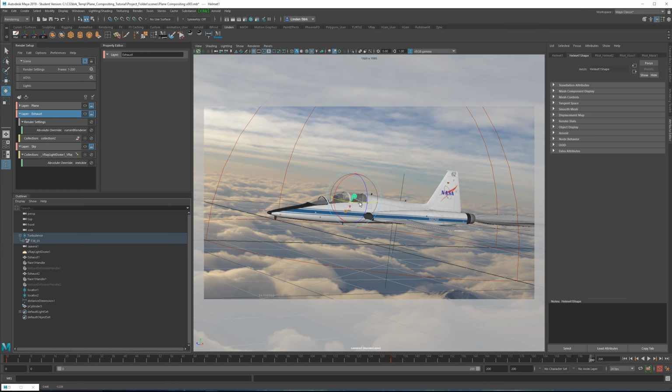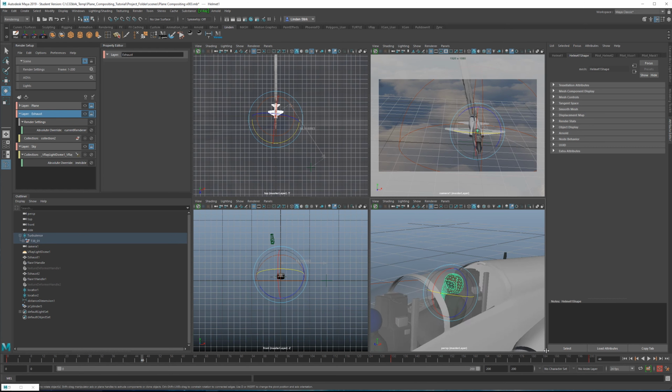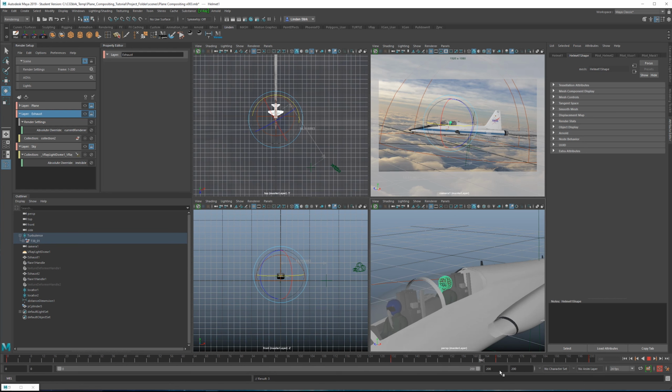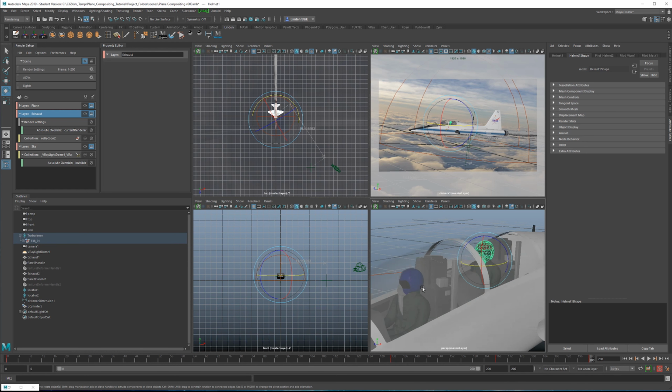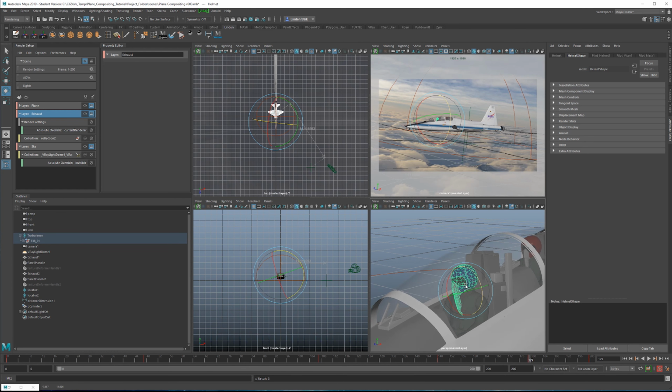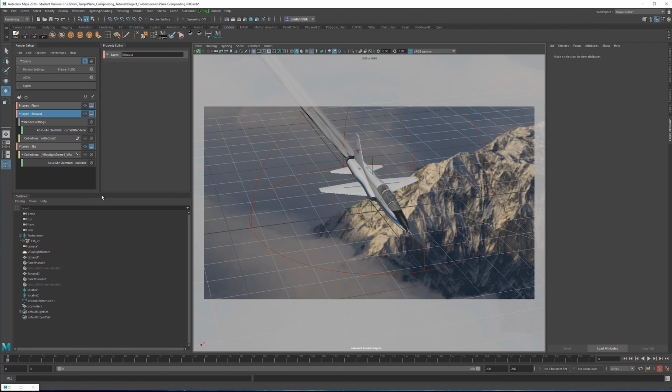This guy, he's not doing anything important right now. He can just look up around here. He can look back. Give this guy just a little bit more movement on his head. It could look a little bit more realistic there. Something just really subtle, but something that we might notice in the final result.